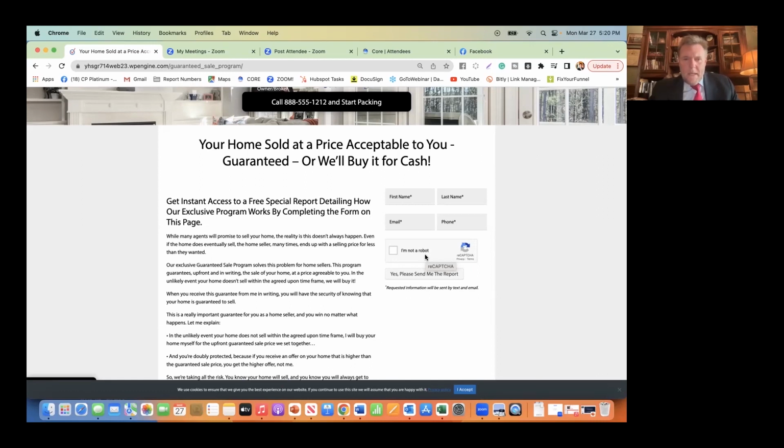The Success website, I don't know if you guys are familiar with it, but it says get instant access. Okay. But it doesn't tell me why I need my phone number and email. So the perception is that when I click the submit button, I'm going to get the report immediately. All right. But look right here. So a feature that was added